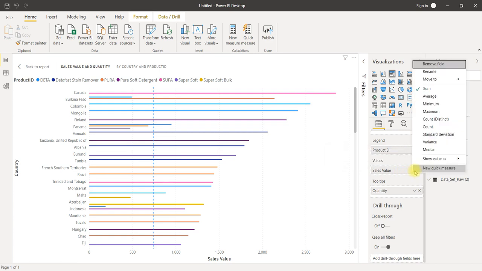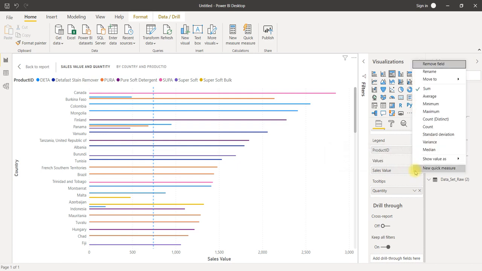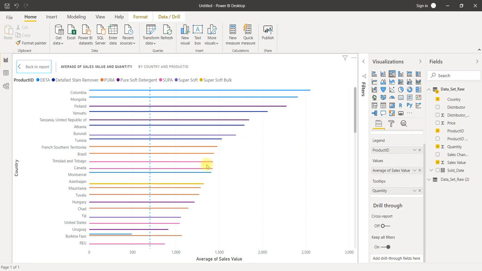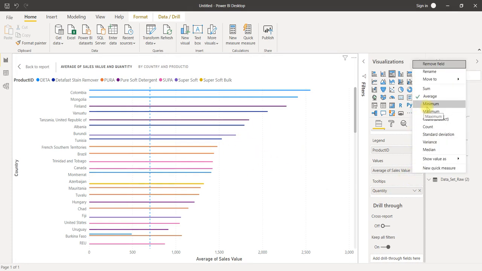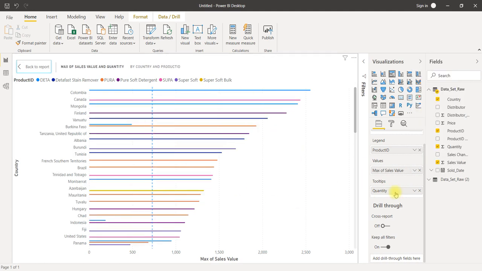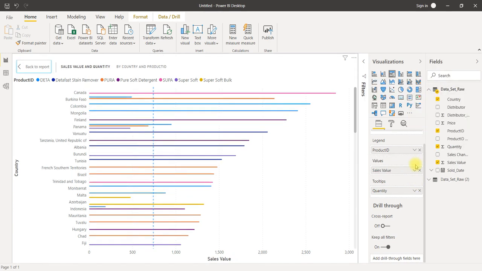If you would like to change that, select this arrow and change it to average sales, or to maximum sales. Like this you can change the sales value using this arrow mark.